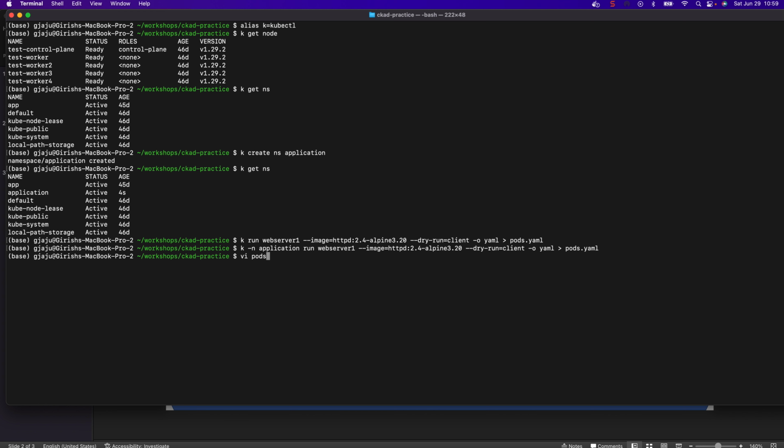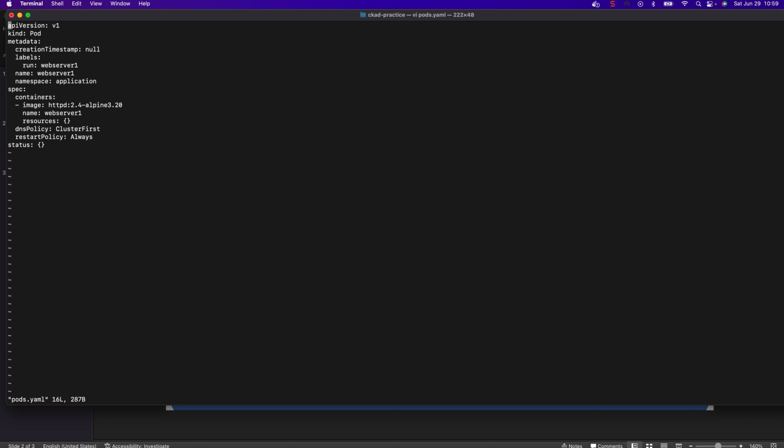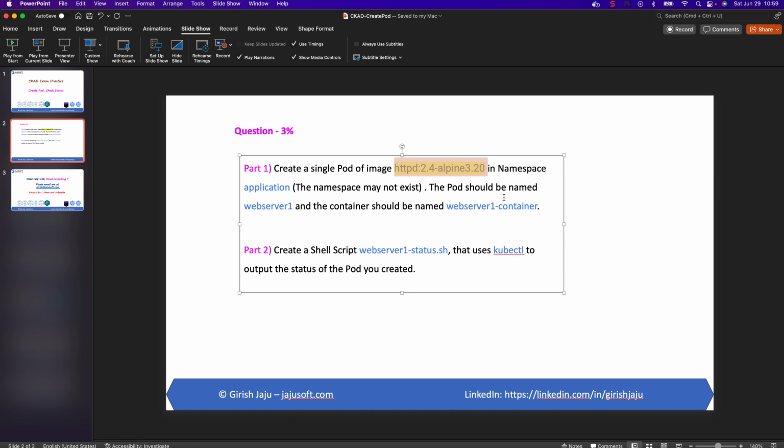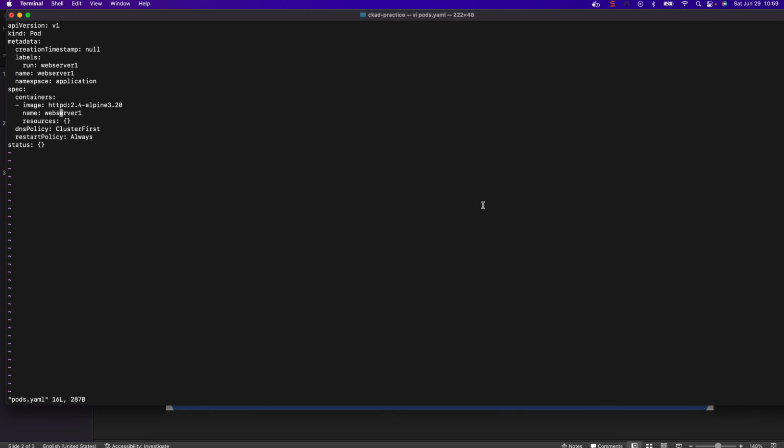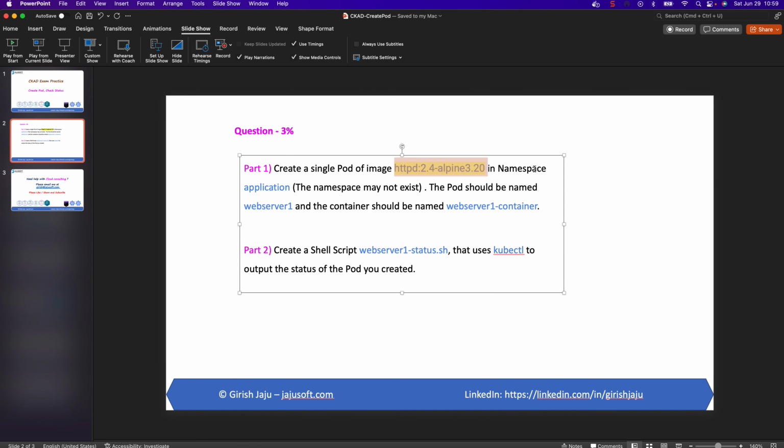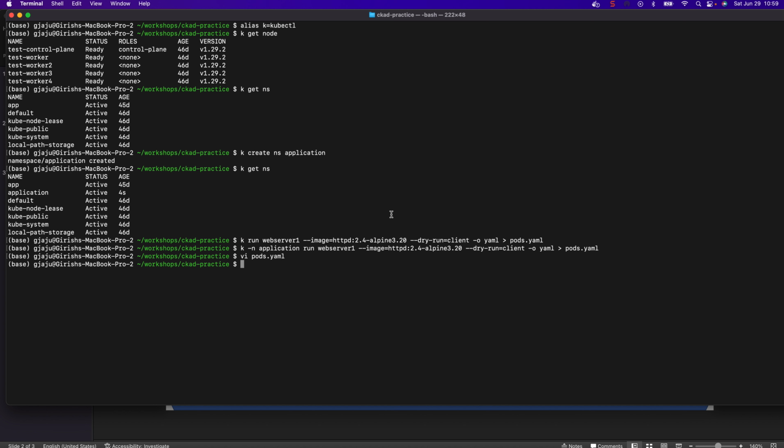Let's see what happens here. I'm going to open this with vi pod.yaml. As you can see, the name of the pod is webserver1, the namespace is application, which is great. Containers has the correct image, and this is the name of the container. The container should be named webserver1-container. So I'm going to escape, insert -container, and escape :wq to save the file. Everything else looks good. So I'm going to apply this file to create the pod. Apply -f